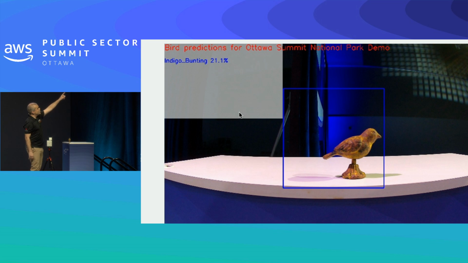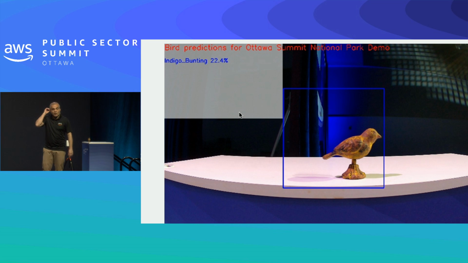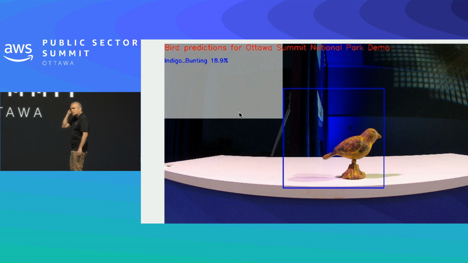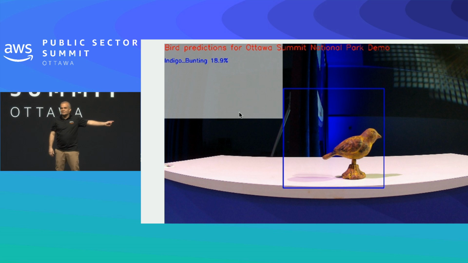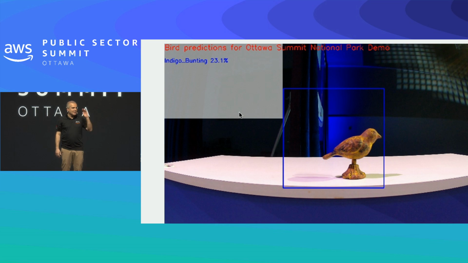Here we are. You see indigo bunting, and the percentage is 15%. Why? Because the machine says, "Hey, I think it's a bird, but I'm not sure," which makes sense because it's not a real bird. If you put in a real bird, and I actually did the test, it's available on the internet, you see the percentage